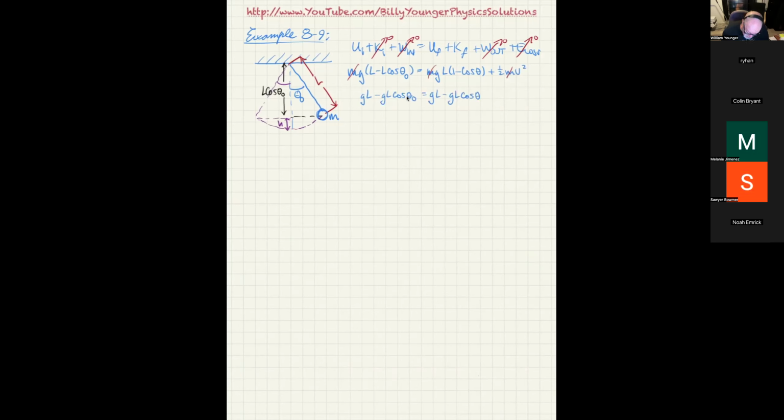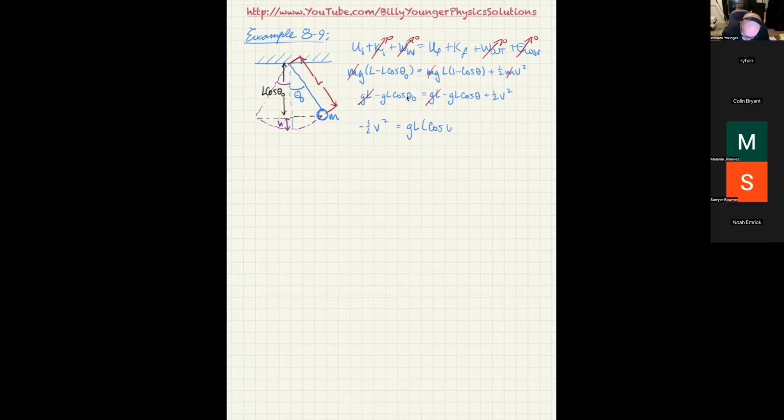Now I can subtract GL from both sides and that'll disappear. And then we're also still going to have the plus 1 half V squared. So I'll pull the V to the other side, and I'll get negative 1 half V squared is equal to G times L times,